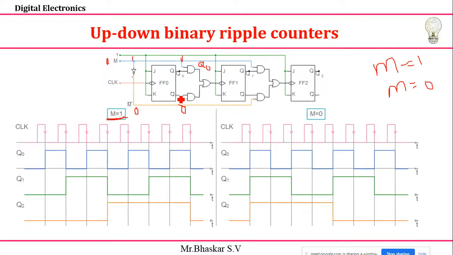And now here you have a Q naught bar. Q naught bar dot 0 means I'll get 0 only. Means this Q naught bar is not connected to here; only Q naught is connected. Then Q naught plus 0 means I'm getting Q naught. Means the connection will be made in this way. Because if I make my mode value 1, the Q value is connected to here and this Q value will be connected to here. In this way it is connecting.